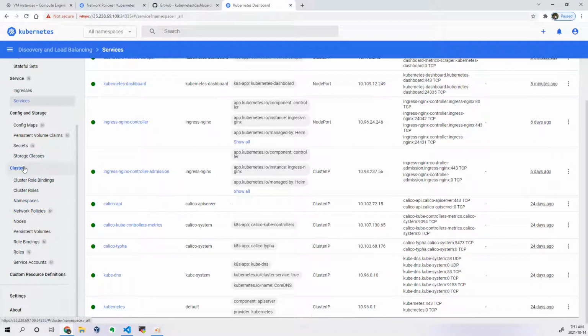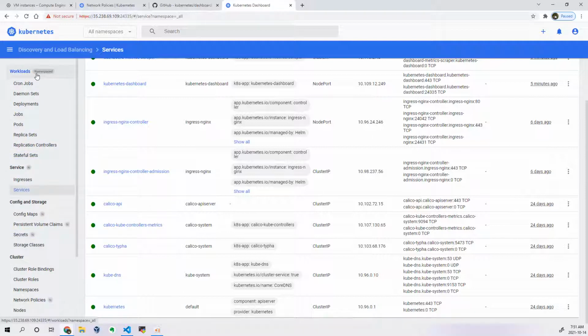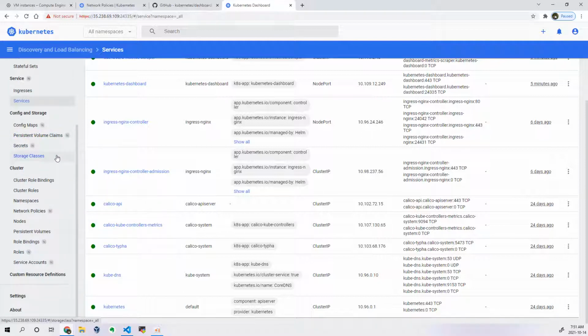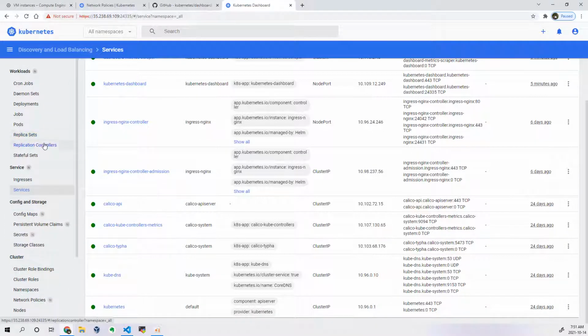Cluster related in the sense it is cluster level, it is not namespace level. Whenever you see some tag like n, right, it is namespace level. Okay, so we have to understand this namespaced, which is nothing but not cluster level. Cluster role bindings are cluster level, right? That's how it is. Namespaces also, nodes, persistent volumes, storage classes, these are cluster level. Okay, and then replica set, replication controller, you can create at namespace level. So that's the reason for all the workloads which belong to namespace level, they have given a tag directly here itself.